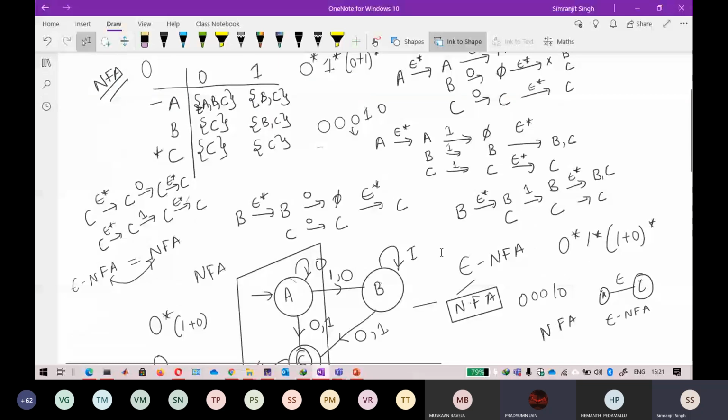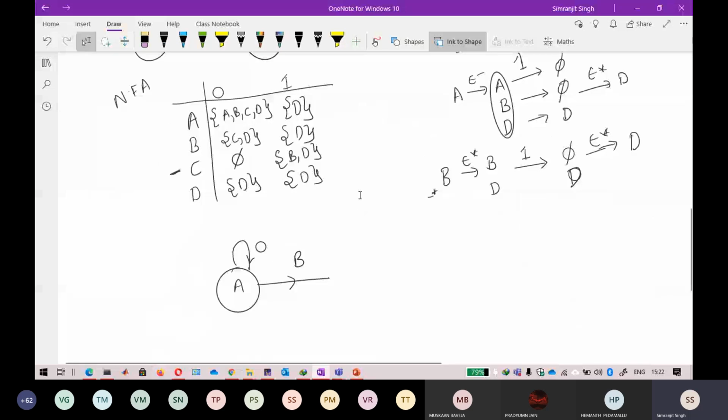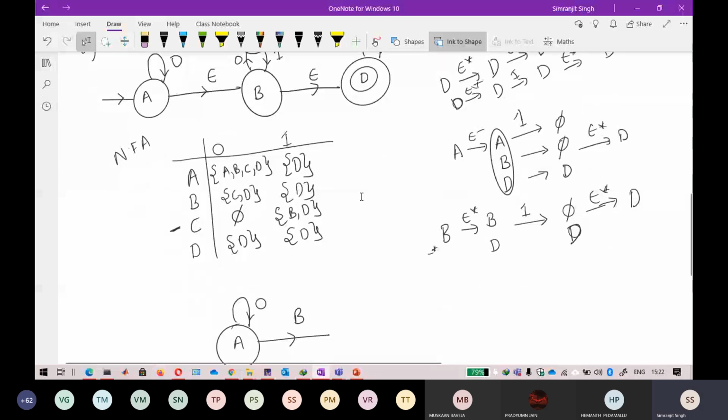I think the question asked by the previous student is the right question. A has to be a final state here, because I forgot one thing: that this C is the final state and this one. Just wait a minute, let me check this. I think I got something mixed up here. If D is the final state in this one,